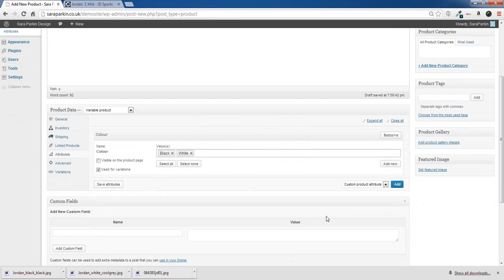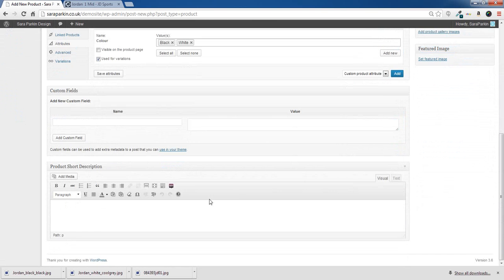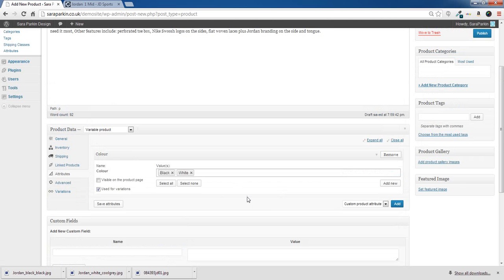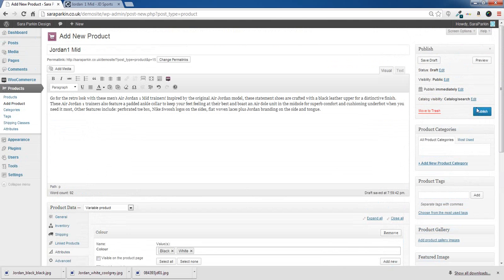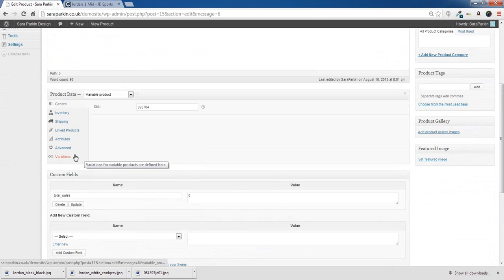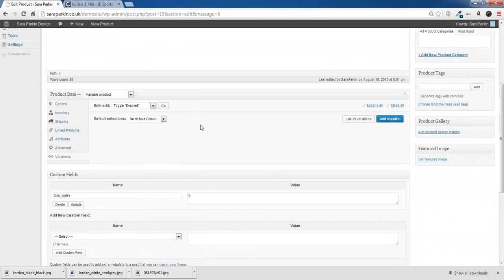So when you've done that, you save the attributes, and this is a new version of WooCommerce, so I'm just going to check. I usually, out of habit, just publish the product and then I know that it's worked. Then I need to go to variations and I'm going to add a variation,